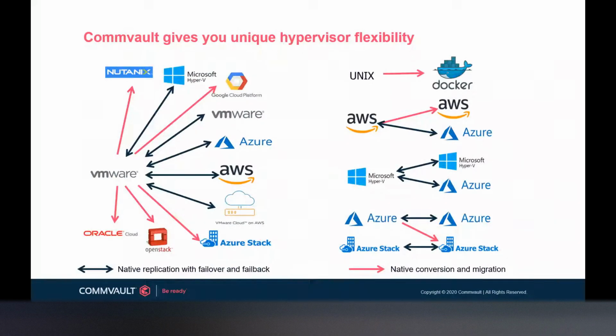And that's the flexibility, because Commvault disaster recovery is built on top of our backup platform. So in most cases, the disaster recovery is using the backup and restore approach, including the change log tracking, etc. We are also giving the possibility to convert workloads between different platforms. So if you find a customer that currently has only an on-prem environment and doesn't have proper DR in place, or their disaster recovery site is just a closet